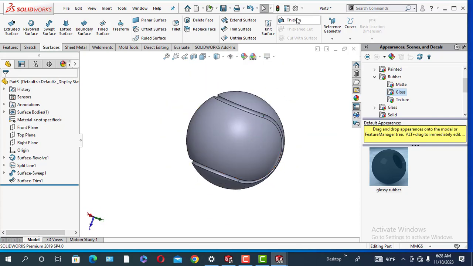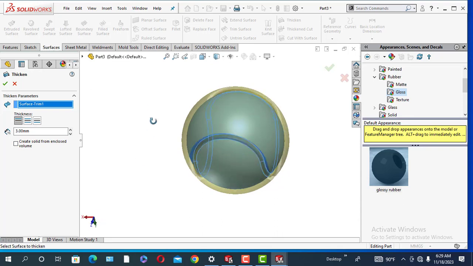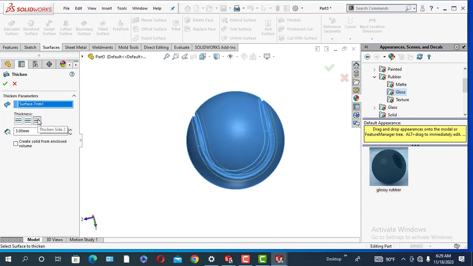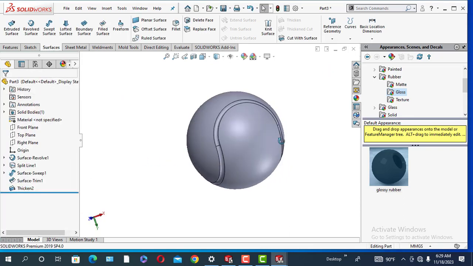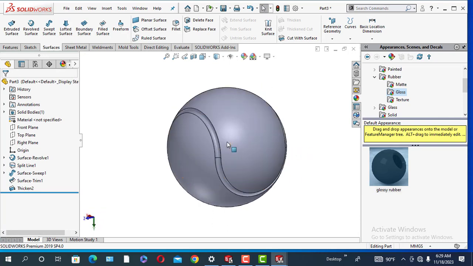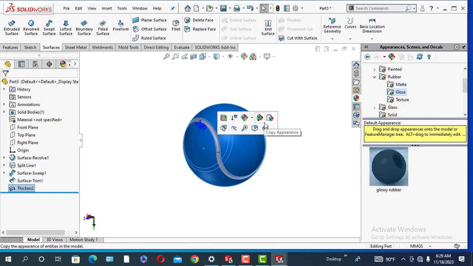On thickness, our ball thickness is free, select inside, okay, complete. And select this face and this face,